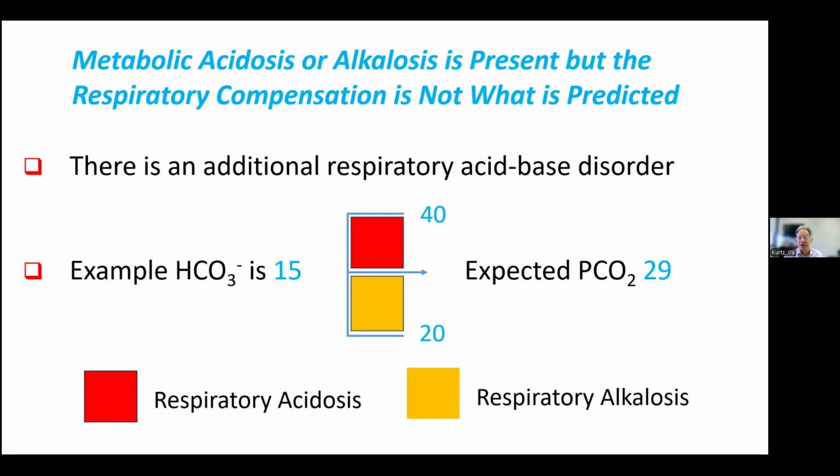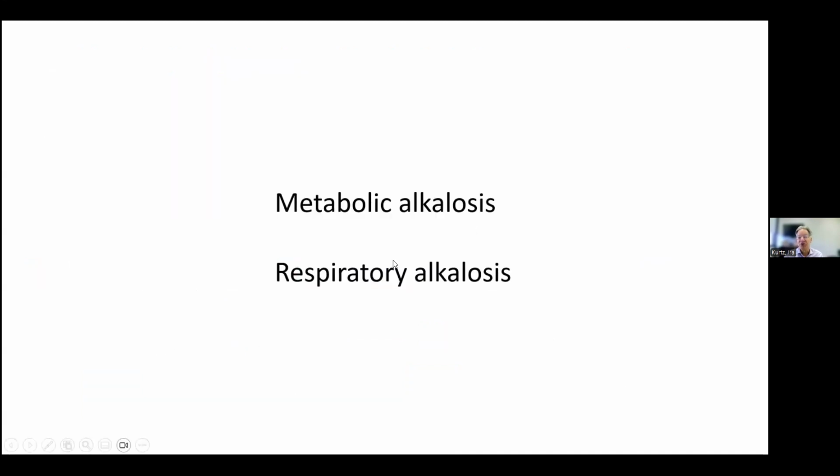It should have been 46, which means with the PCO2 of 38, she has a respiratory alkalosis in addition. So this is an important teaching point, that you predict what the PCO2 should be in the metabolic acid-base disorder, and now everything above that becomes what you would call respiratory acidosis, and everything below that becomes respiratory alkalosis,